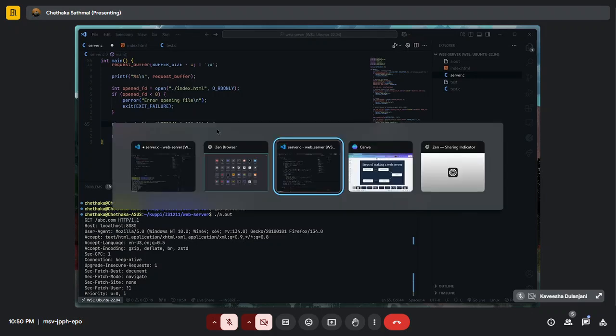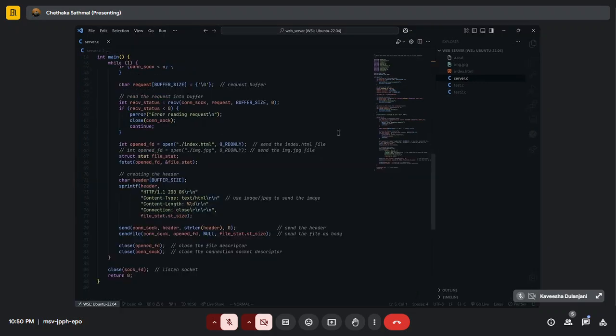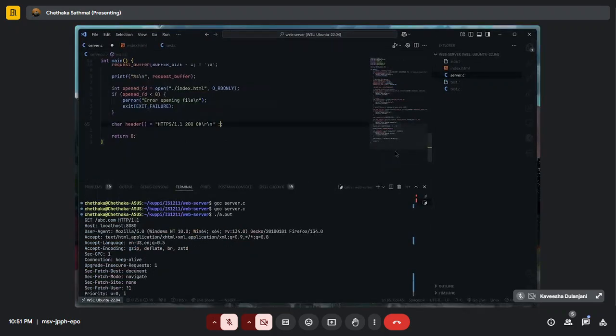Give me a moment. Next is content type and connection. Now I need to tell the client the type of content I'm sending, so the content type, which is text/html, again followed by \r\n. And then the connection. The connection is closed after this. Because this is the last line of the header,